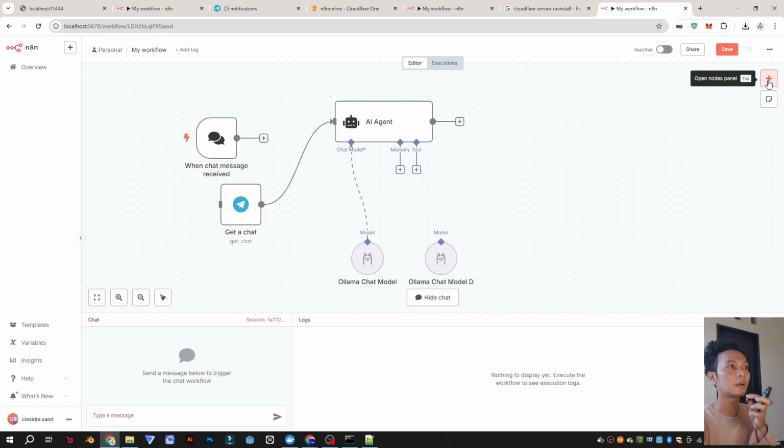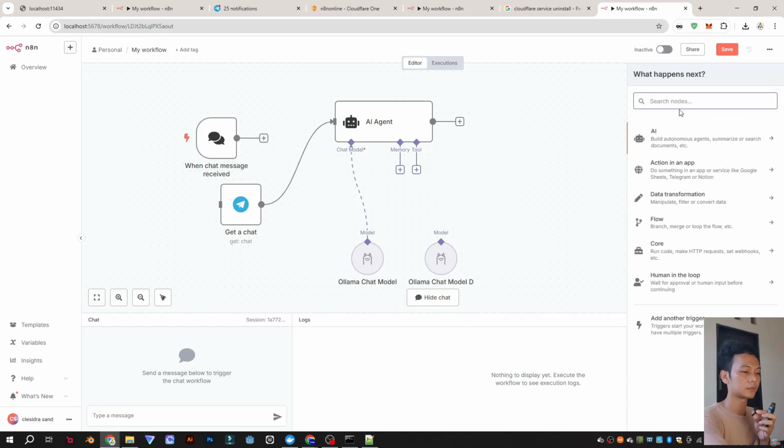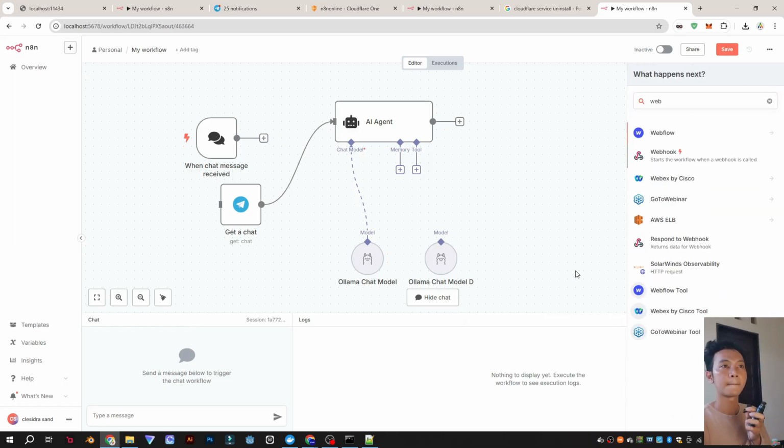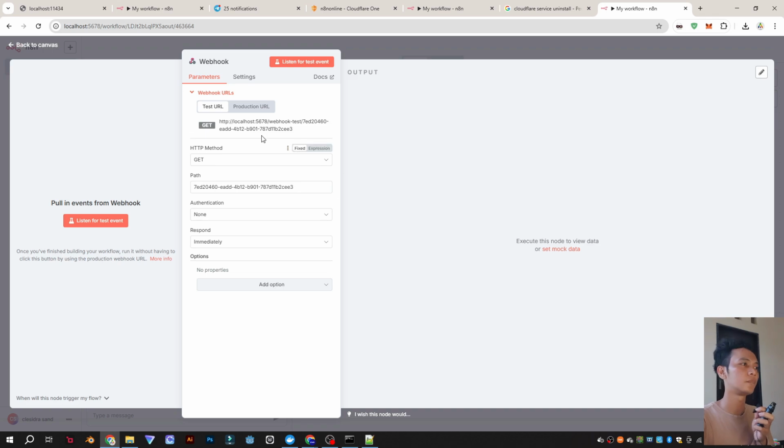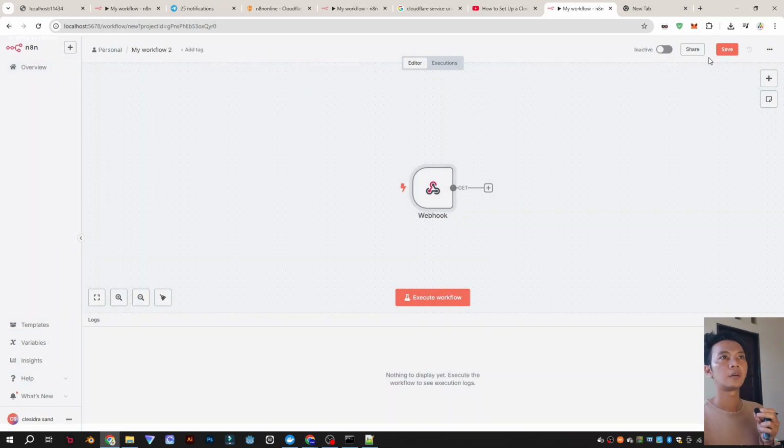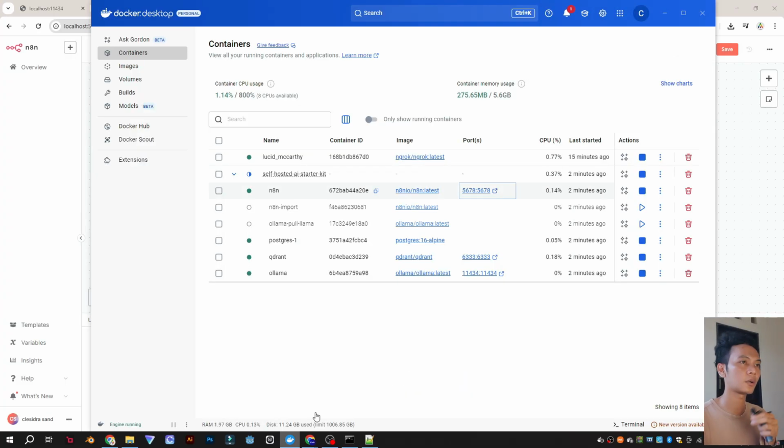Okay, let's check again in the webhook. Still the same. Why? Maybe stop and start is not working.